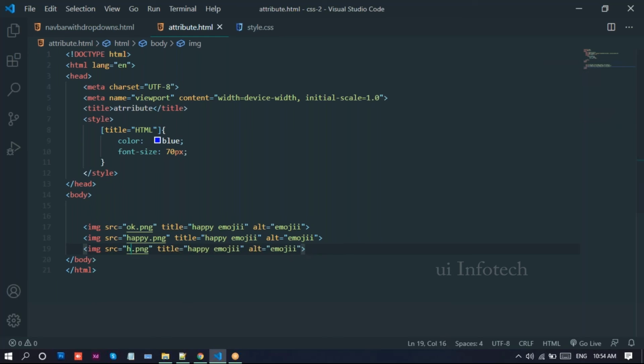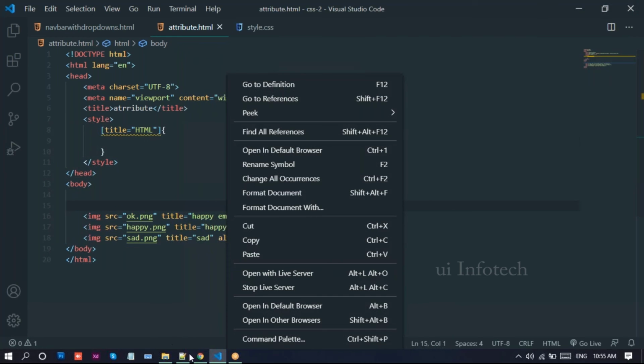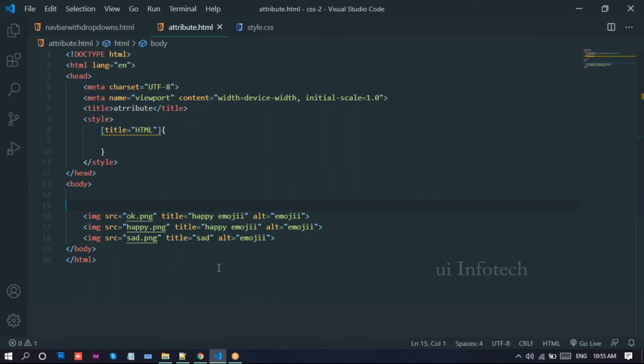I'll write the title there. I'll just write happy emoji. And I'll make a copy. I'll make a copy, and I'll just write sad.